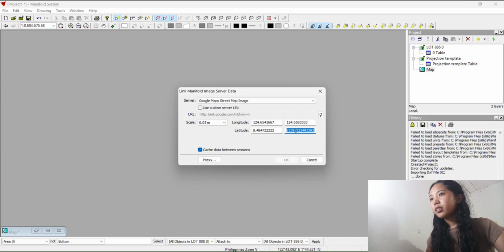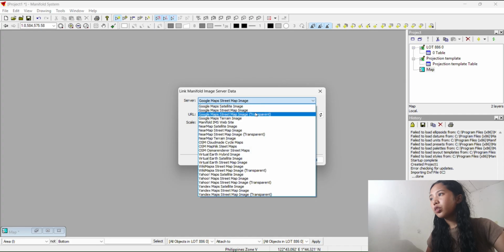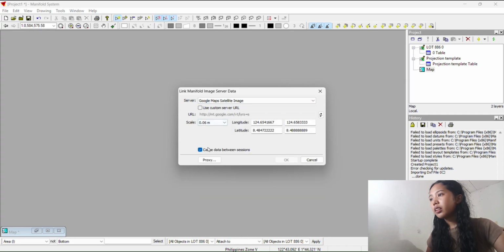Select OK. Then minimize, go to file, link, then image,